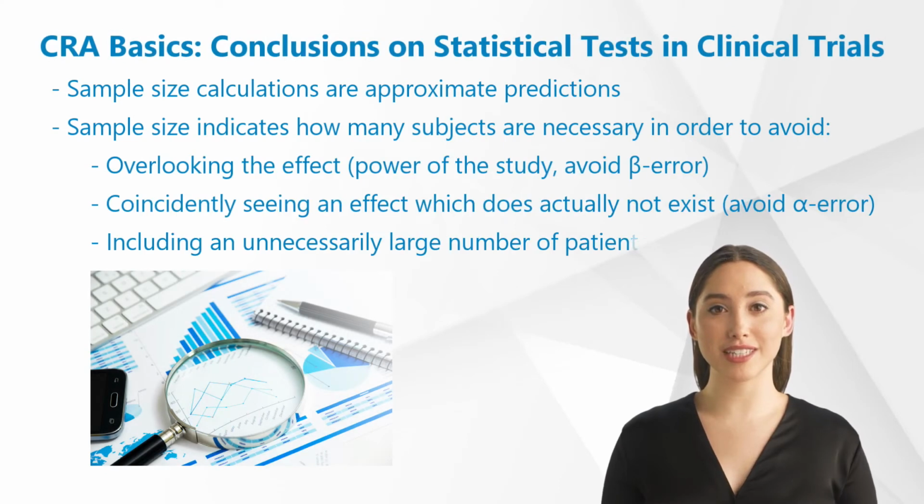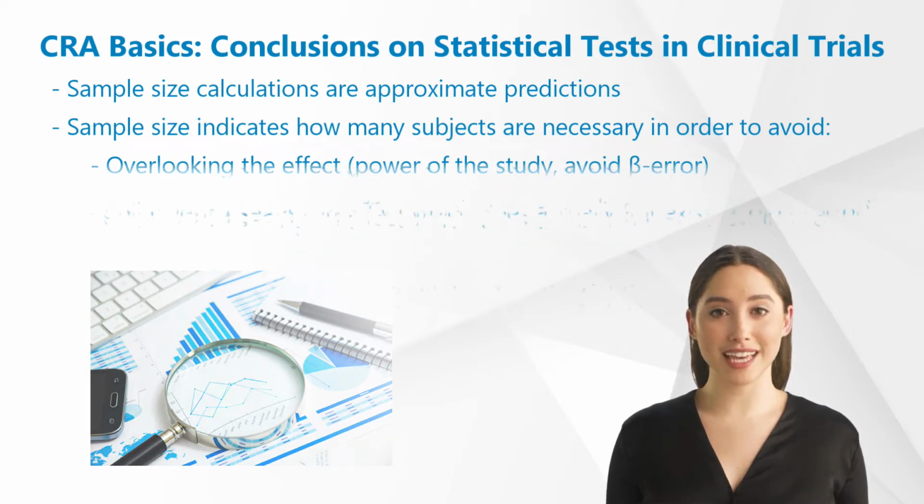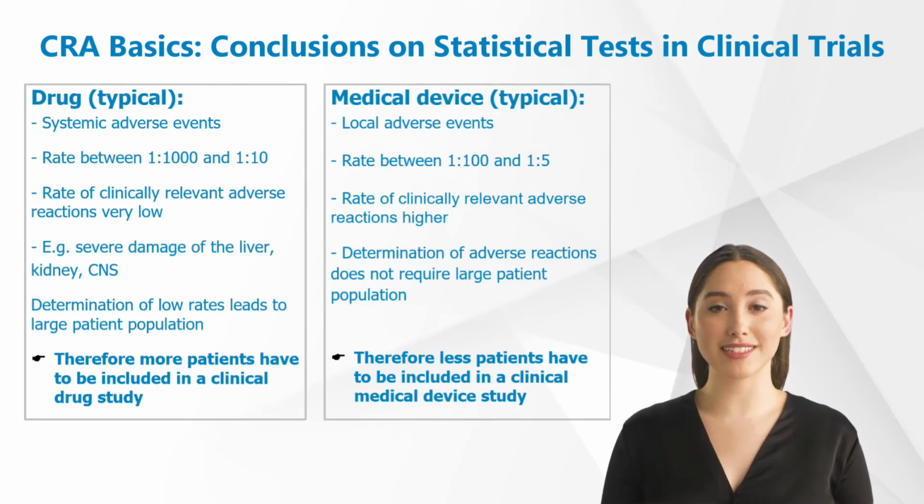In conclusion, it should be noted that sample sizes facilitate an approximate prediction of the required number of subjects. In this context, it is important to consider carefully how many subjects are needed in order to, first, avoid overlooking the effect, avoiding beta errors; secondly, to avoid identifying non-existing effects, avoiding alpha errors; and thirdly, to avoid enrolling more subjects than necessary. After this summary, still the question arises why clinical drug studies are generally bigger than clinical medical